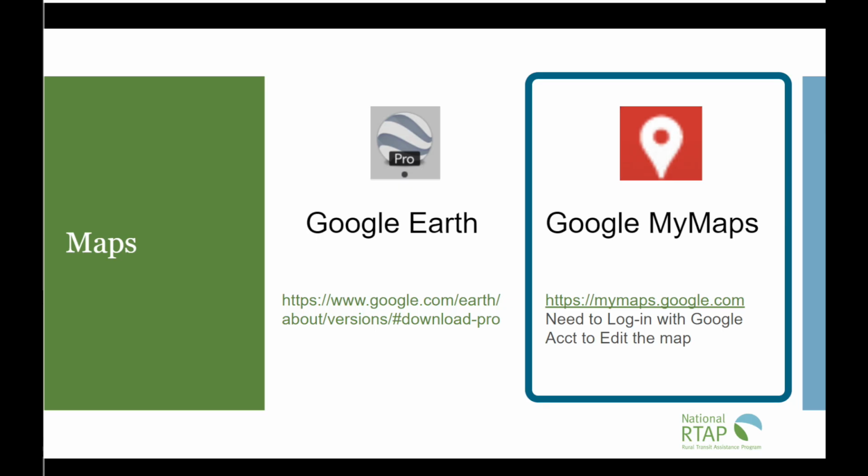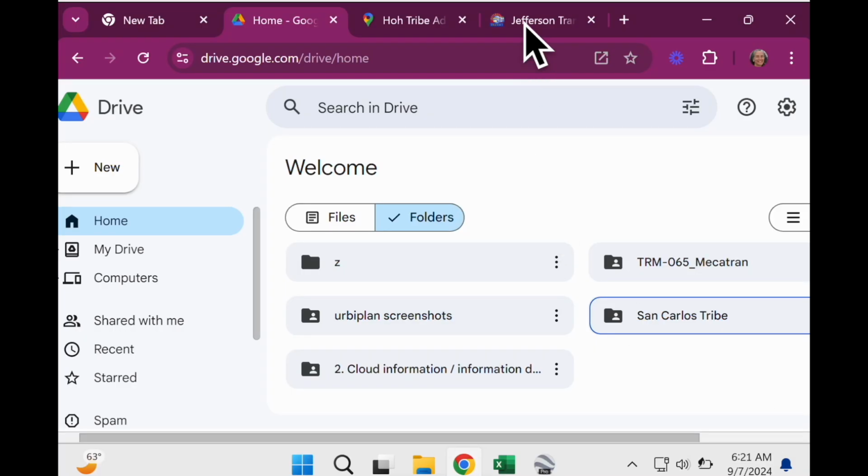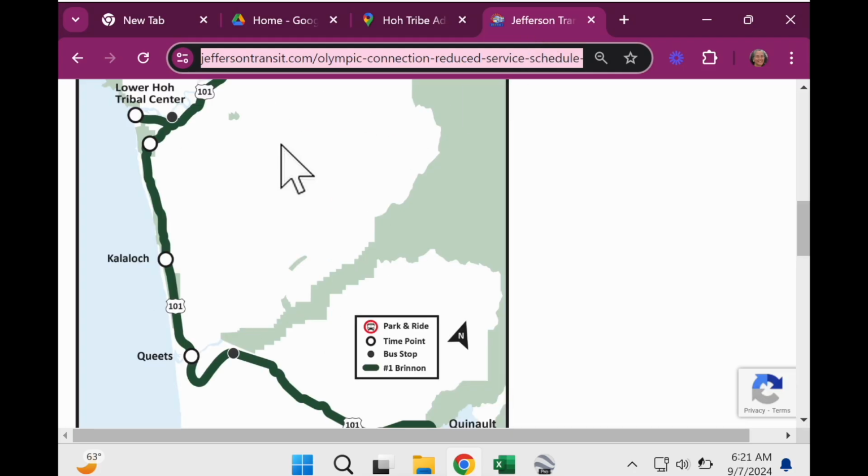Now we will focus on MyMaps for creating bus stop locations. This is especially helpful when we're sharing the bus stop map with others in our organization that may be hundreds of miles away. In the mapping of this same particular route that we've worked with moments ago, we're going to go to